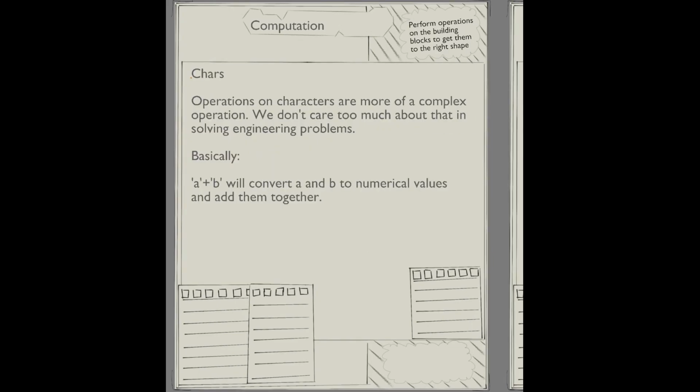All right, characters are similar to strings, right? They're just a single character, say 1. You can make a character 1, you can make a character B, you can make a character semicolon, you can make a character period, anything like that, right? And you use the single tick to designate a character. So operations on characters are more complex. They're basically just how a programming language functions. So if you try and add two characters together,